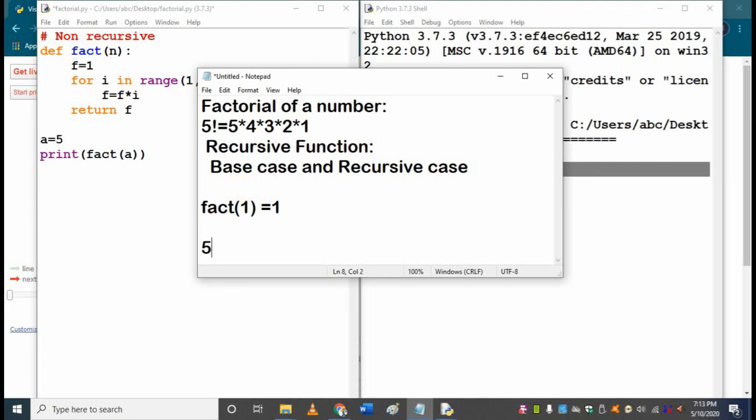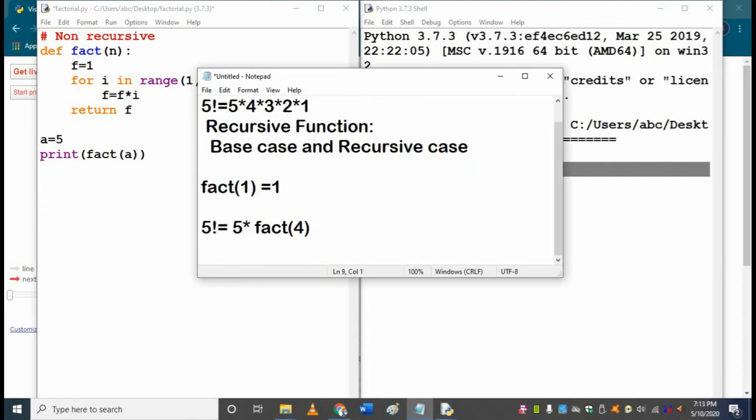5 factorial can be written as, can I write 5 into factorial of 4? Do you accept? Because 4 into 3 into 2 into 1 is nothing but factorial of 4. I think it's clear. Next, I will write 5 into, what about factorial of 4? I can write it as 4 into factorial of 3. Is it not okay?